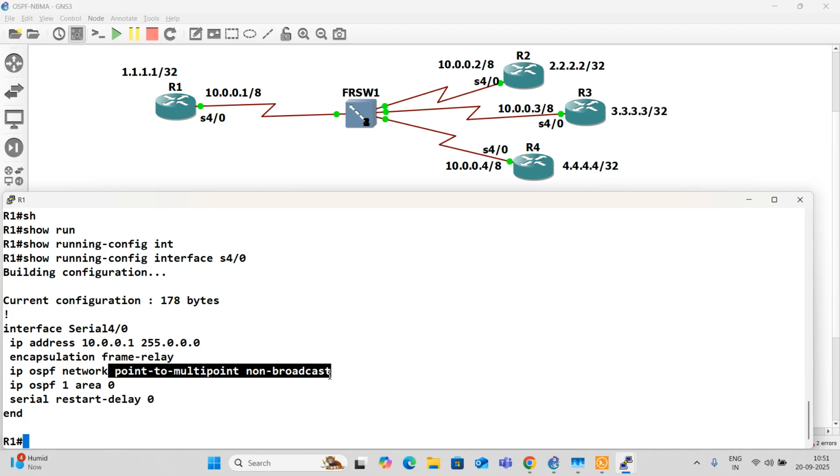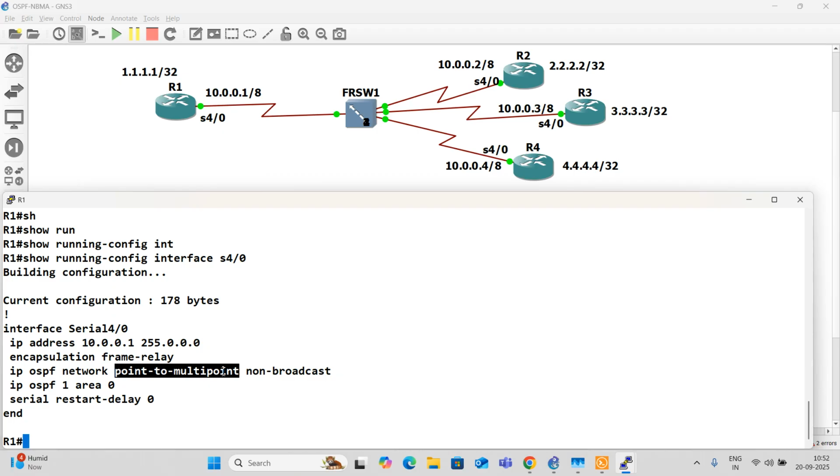This is Cisco's. So what Cisco has done is take the best of non-broadcast, which is neighbors are manually configured, and then the best of point to multi-point, which is no DR-BDR. These two put together, point to multi-point non-broadcast works.